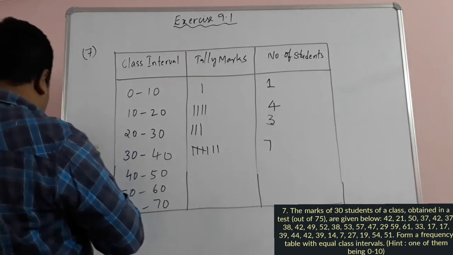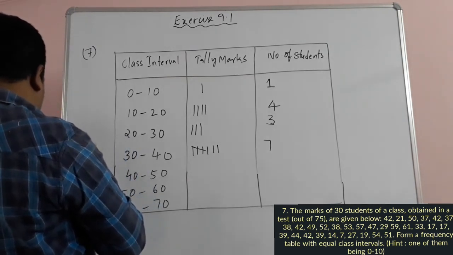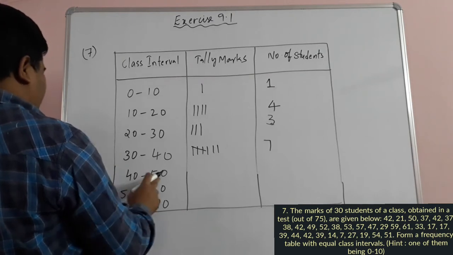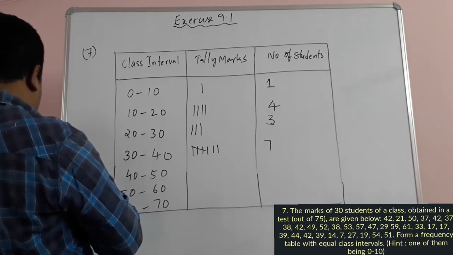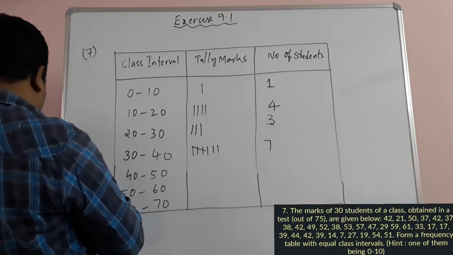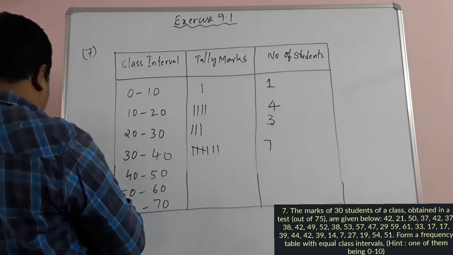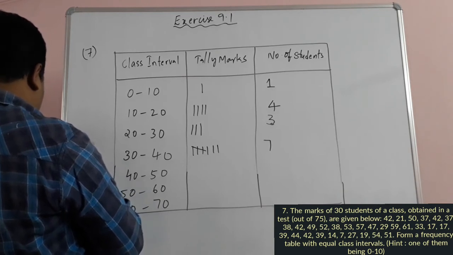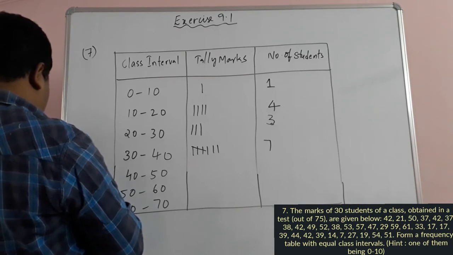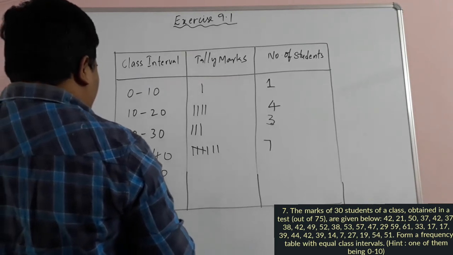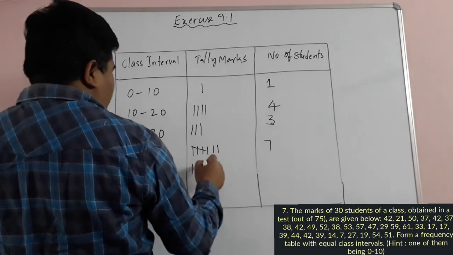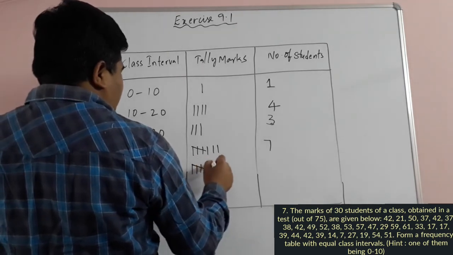Okay. Now 40 to 50. Okay, 40 to 1. So 50 is there, children. 40 to 50. 50 here we should not consider. Next class we have to take. So 40 to 1. Again 40 to 2. 40 to 3. 44. 4. 5, 6, 7. So totally 7 observations are there from 40 to 50, children. 1, 2, 3, 4. Fifth one is horizontal, 6, 7.